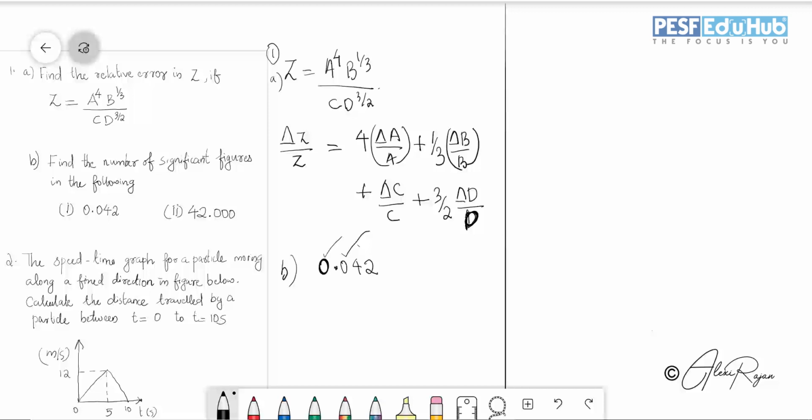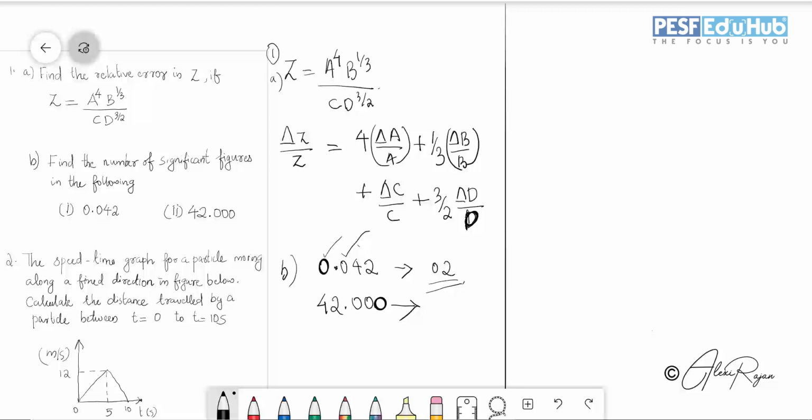So the remaining non-zero digits are what? The only significant digits, that is 4 and 2. That is, the number of significant figures will be 2. Okay. Now the second question, that is